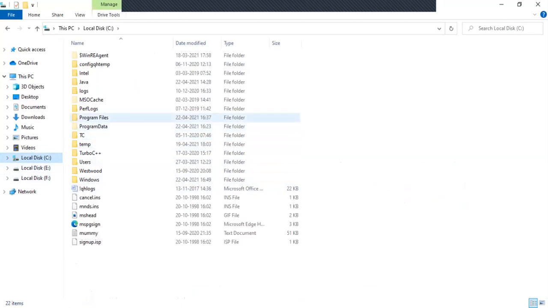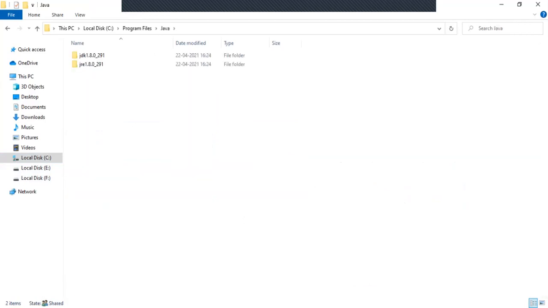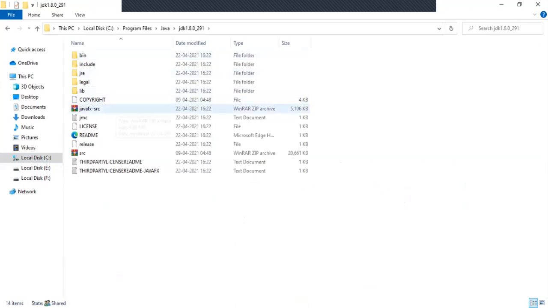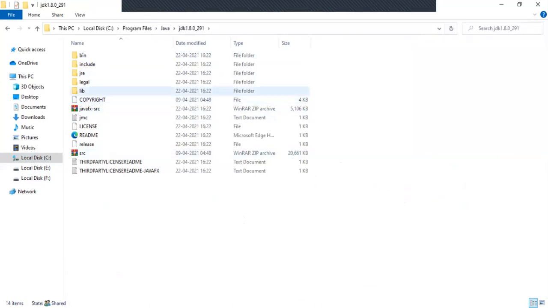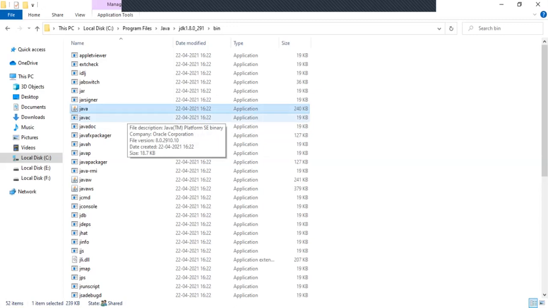And after installation of this JDK, go to your C drive. There you can see computer program files and you can find folder Java here. So open Java folder and you can check the version of this is JDK 1.8. So I installed JDK 1.8 and go to this folder, open the folder JDK 1.8 and you will find bin folder and go to bin folder. Here you find javac and java. These two are important for compiling and execution, and you know the process how it can be worked.